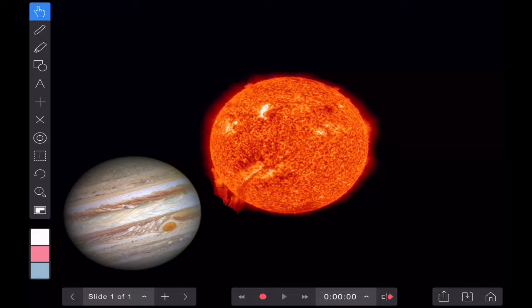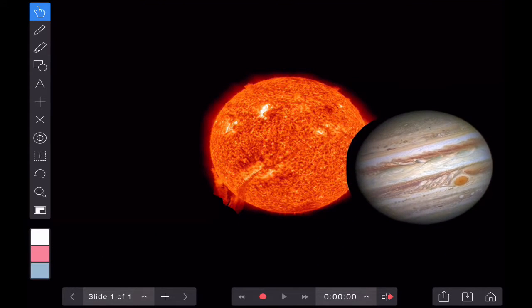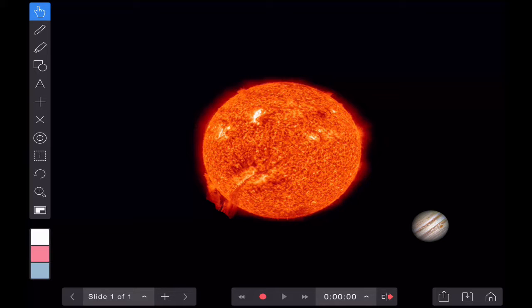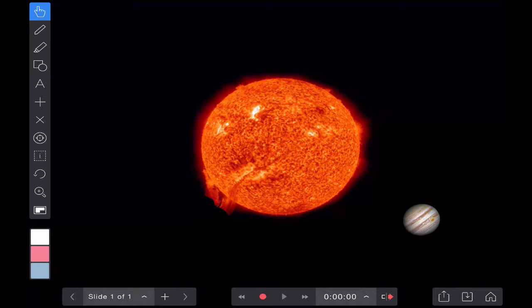So what I would want to do is provide them with a series of images of the planets and then ask them to research the relative sizes of the planets, put them in their relative positions to the Sun, and then rotate them, roughly speaking, at different speeds, showing those planets rotating around the Sun. So the focus is on the relative sizes and the speeds of their orbits, not going off and finding images of the Sun, etc. So I want to provide them with all of this, and then they can focus on